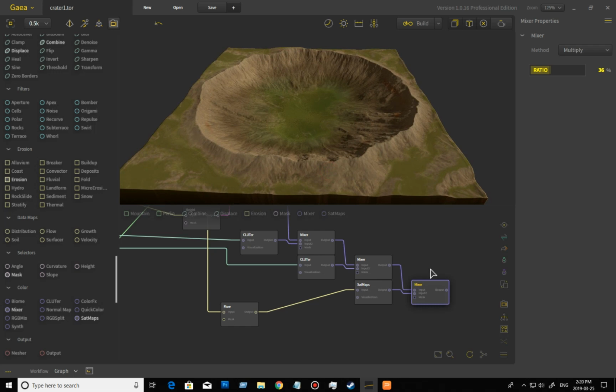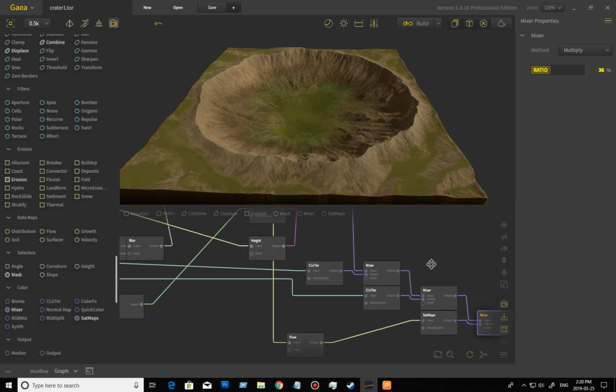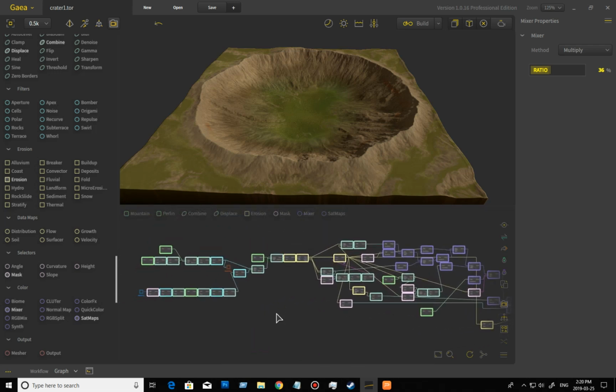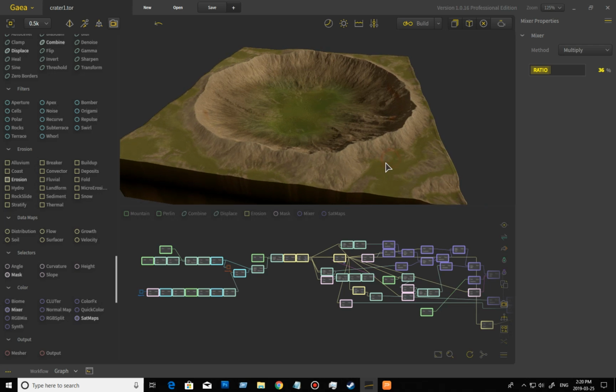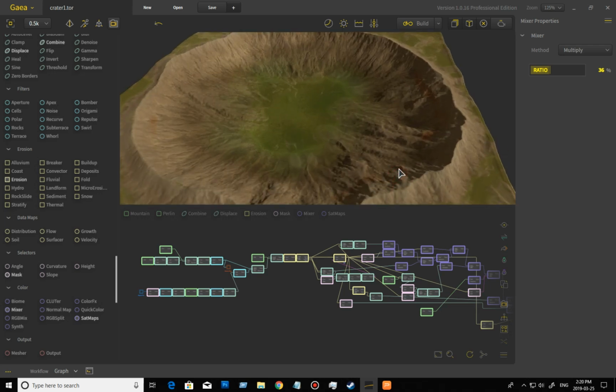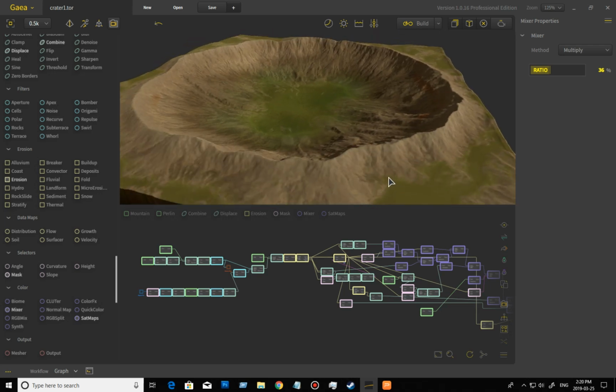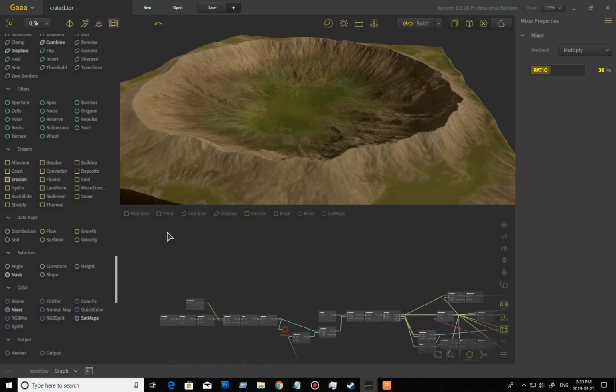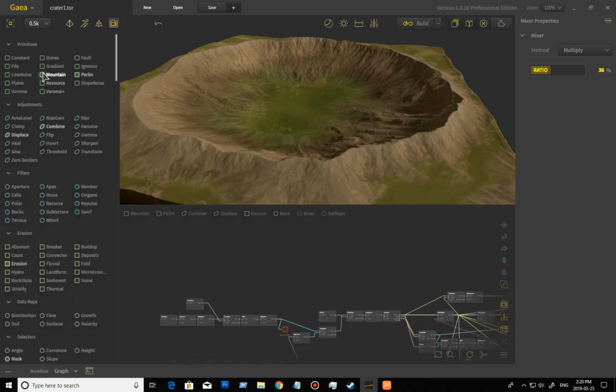So hopefully this breakdown is giving you a little bit of insight into how I approach some of my problem solving and some of the ideas that I applied in order to create these two different terrains. I wouldn't suggest necessarily following this as a step-by-step tutorial to make this specific thing, but rather the different ways in which I use some of the nodes to solve some of my problems, and see if you can come up with a crater in a different way. Maybe you can skip a few steps that I didn't need to make. Maybe you can come up with a better way of approaching it. There's so many ways in which you can do these things,